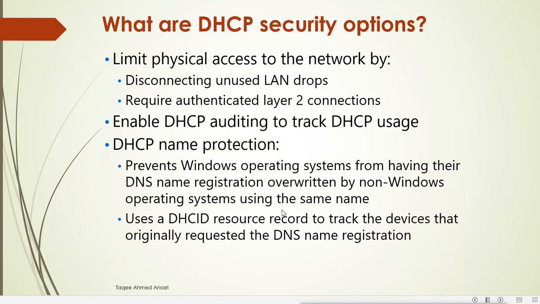Now there is a problem here: some old machines are not able to update their records in the DNS server by themselves. For them, DHCP can update the records on the DNS server. DHCP itself updates the record of that machine. When the IP address changes for that particular machine, DHCP will send the request to update the record in DNS.